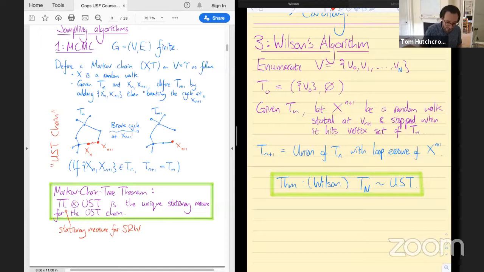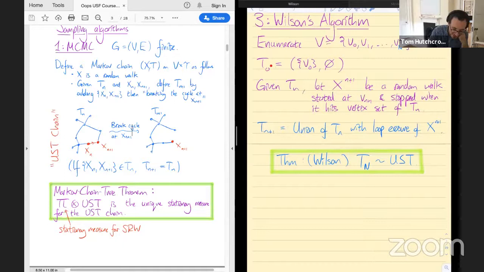Okay. So again, this is really a magical thing that this algorithm works, because it seems like it has no right to work whatsoever. So again, we'll have a finite graph, and we'll enumerate the vertices v0 through to vn. What we'll do is build up a sequence of trees iteratively. So we start by taking the tree that has one vertex, v0, and no edges. And if we're given Tn, what we do is we start a random walk, x^{n+1}, from v_{n+1}